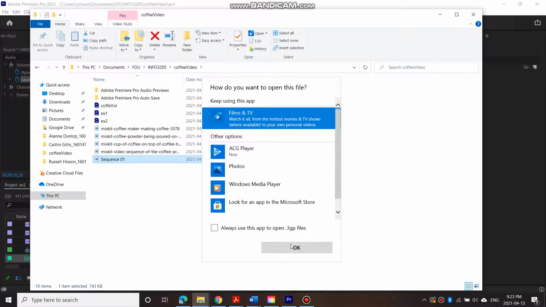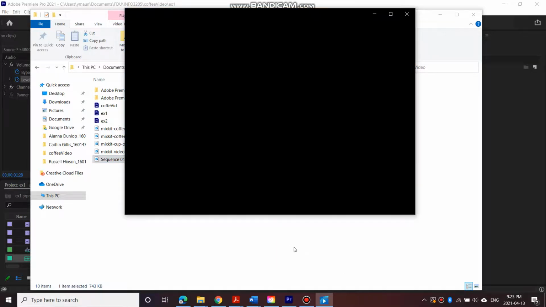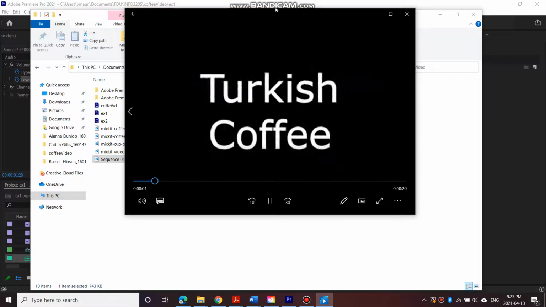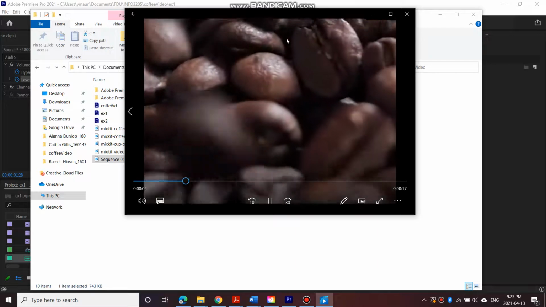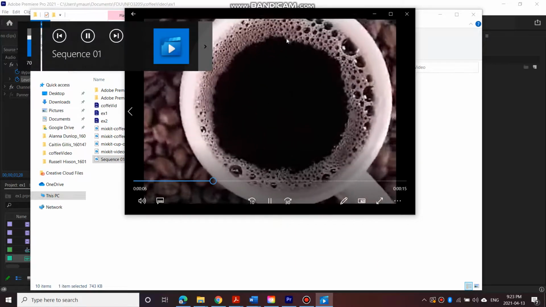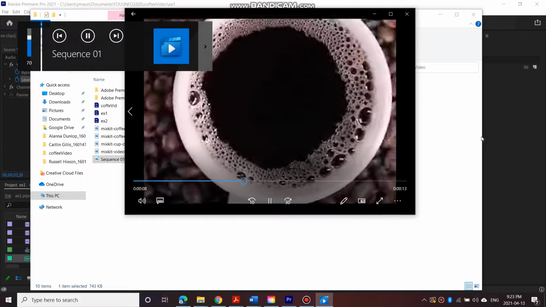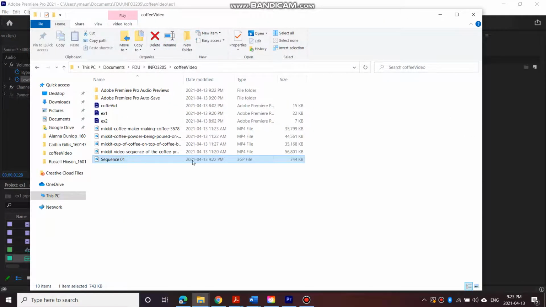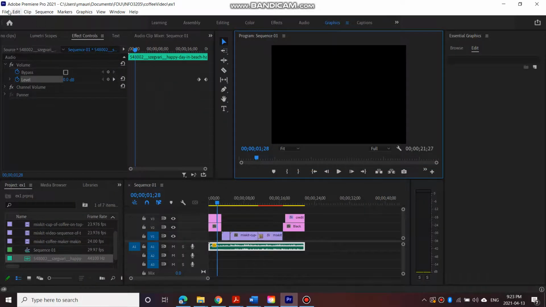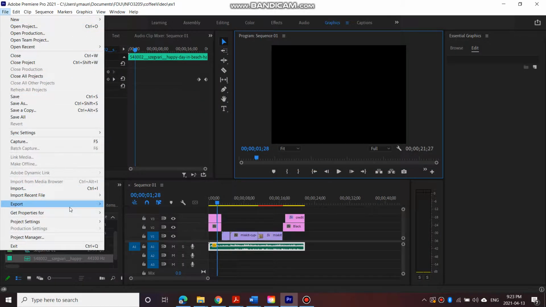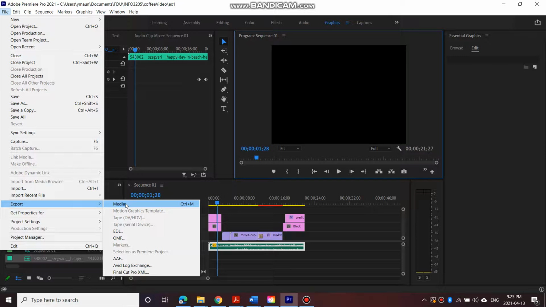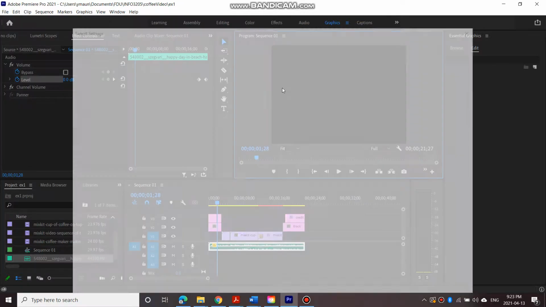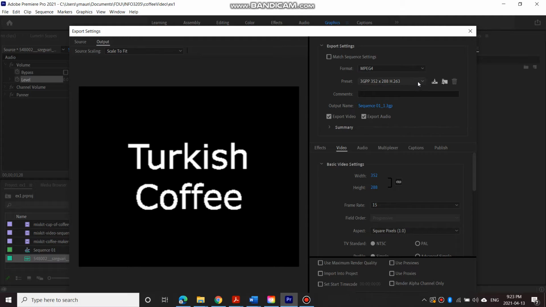So I'm going to play it with that. There we go. Anyway, so there I have it. I noticed that it didn't actually turn out to be a 3GP file, so let's go take a look and let's try and export that again. So let's try again, File, Export Media, okay. And I'm going to for some reason